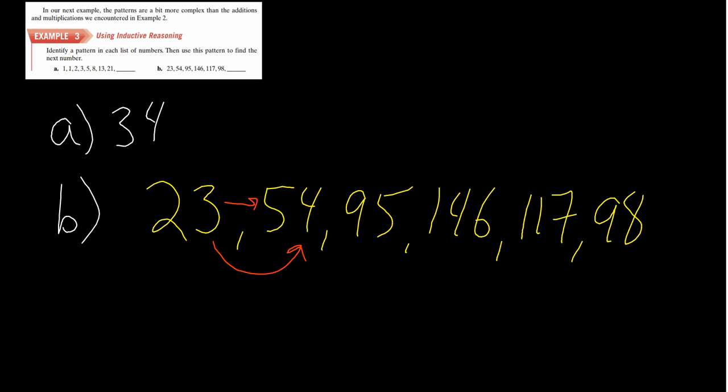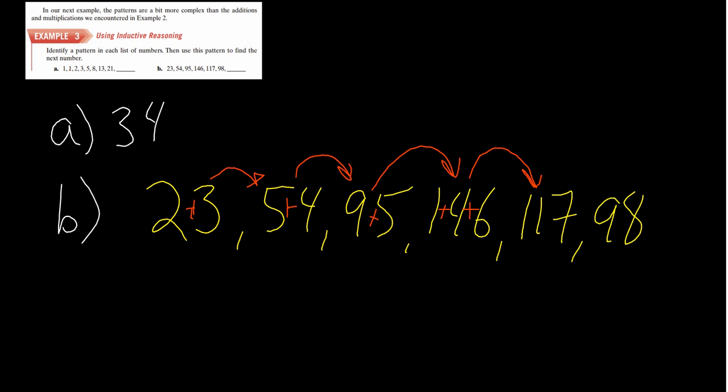Simultaneously, 2 plus 3 is 5. Well, 5 plus 4 looks like it's 9. 9 plus 5 looks like it's 14. Now, 14 plus 6 is 20... wait, 1 plus 4 plus 6, that is 11, and of course we said we added the 1 to the 6 there. And then 1 plus 1 plus 7 is equal to 9. And then we go up 1 there. So that appears to be the